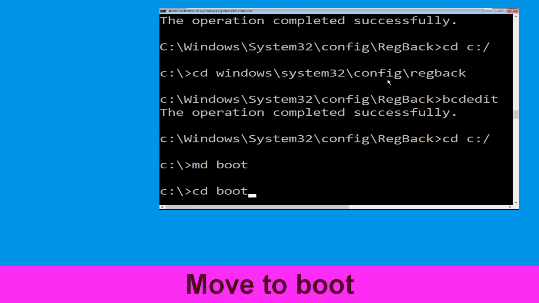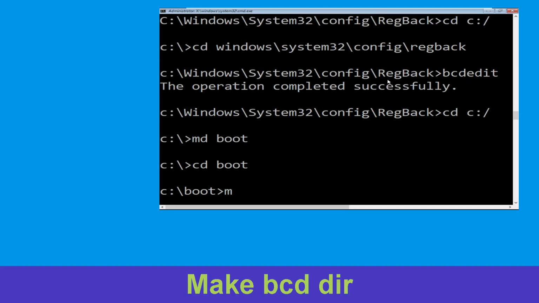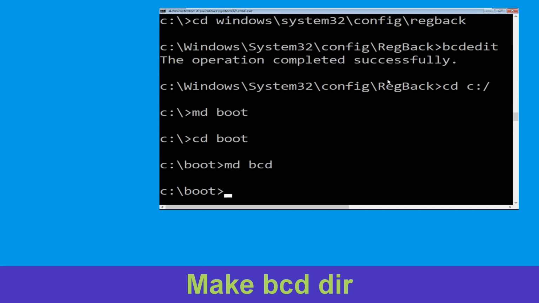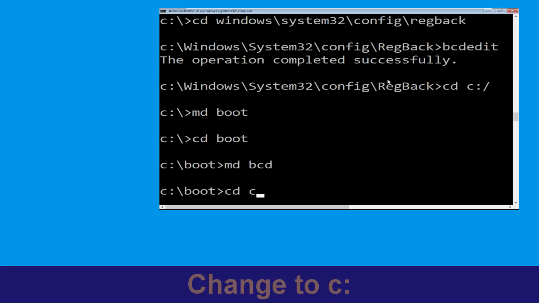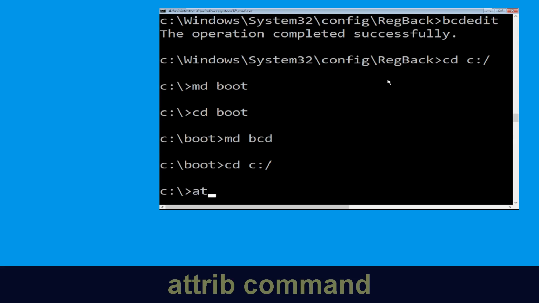Type cd space boot and hit enter. Now type md space bcd and simply hit enter to execute this command. Now execute this command. Type cd space c:/ and hit enter. Now type attrib c:/boot /bcd